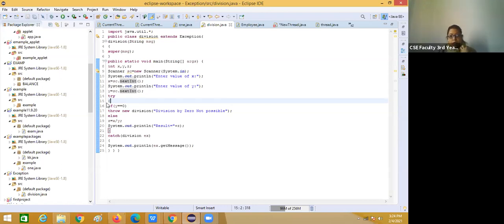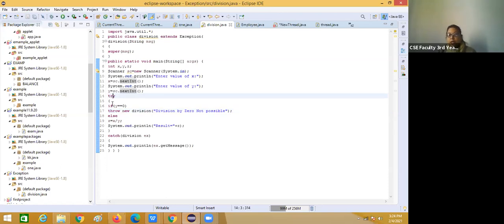Without writing the try block, you cannot identify the portion in which the exception can occur. Okay, so you have to write the try. Why have I written try here? Because in this section we are going to divide this x by y. So that is why I have written here try.